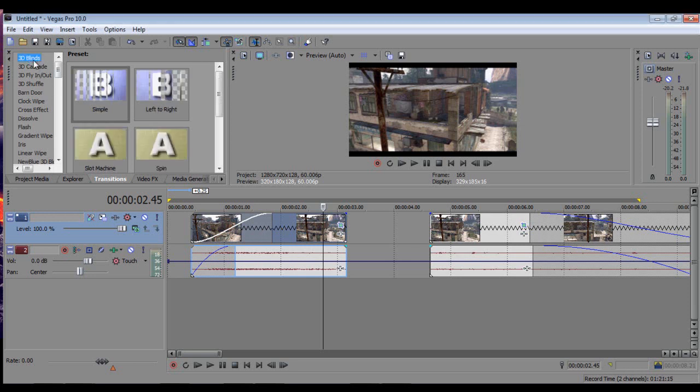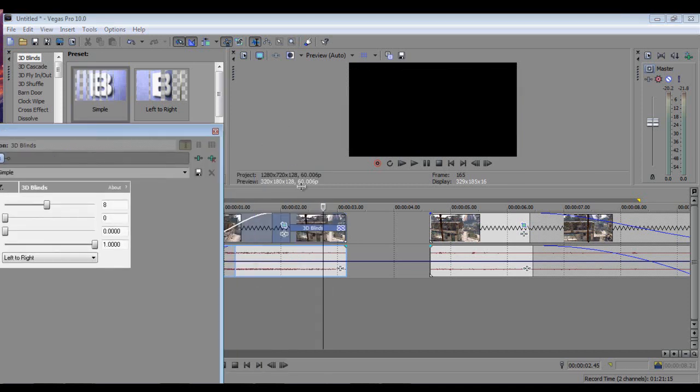So I'm just going to use 3D blinds, which is a pretty nice transition, as you can see. It just switches from A to B, and the way these work, you just want to drag it to the end of your clip, right here. You want to drag it to the end of the clip, and you'll see it pretty much cuts the clip in half, and this bit here, where it says 3D blinds, is how long the transition